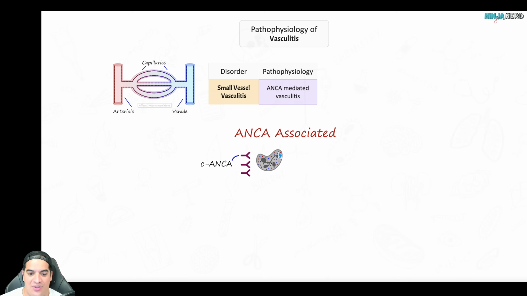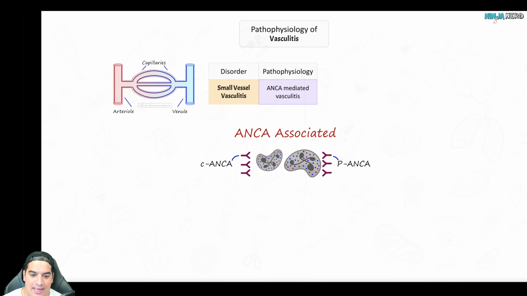It's called proteinase 3. And whenever the C-ANCAs attach to that, they trigger these neutrophils to kind of become agitated, and they start releasing reactive oxygen species and proteases and extracellular traps that kind of bind up and propagate more inflammation in the area. The other one is called P-ANCAs, and these are your perinuclear anti-neutrophilic cytoplasmic antibodies. And these are going to be kind of going after a protein called MPO, myeloperoxidase. And so if it's going after the myeloperoxidase enzyme, it's the P-ANCAs, and if it's going after the proteinase 3,